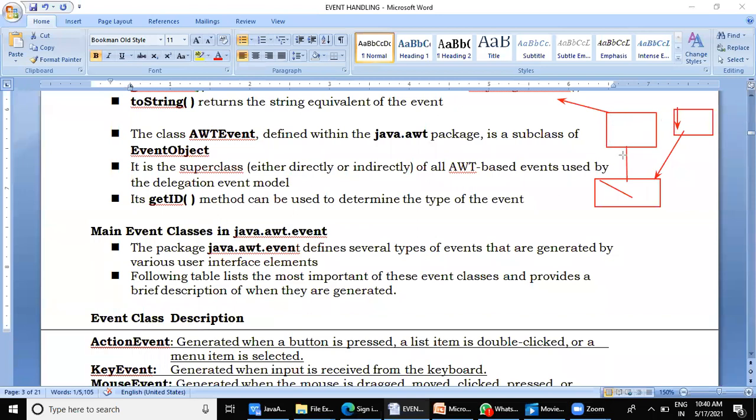This father or parent class belongs to a different package and the child class belongs to a different package. Although it belongs to a different package, it can inherit the properties of this parent class. That means all the methods defined in this class will be received by this child. But physically it is located in some other package. I hope it is clear to you.